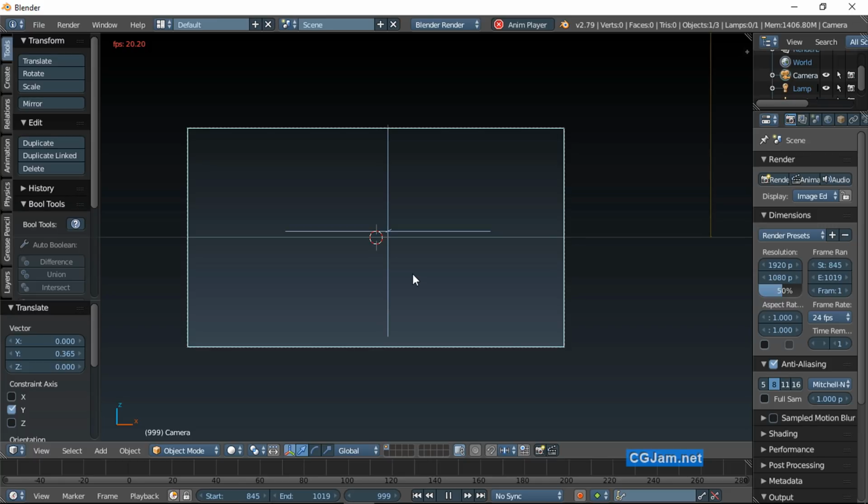Just let that play through for a moment. There we go. And now anything we add to this empty will move as if it's pinned to our hand. So let's do that. The best way to do it is to put the cursor in the same place as the empty. So we have the empty highlighted. So Shift S, cursor to selected, and now Shift A, add